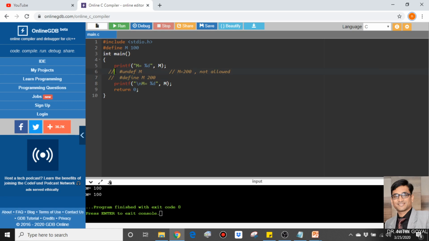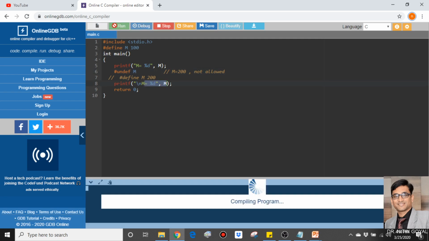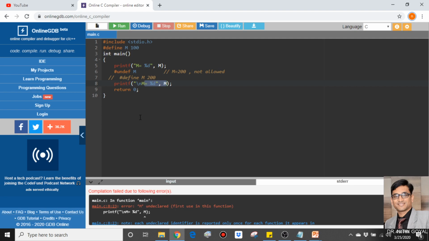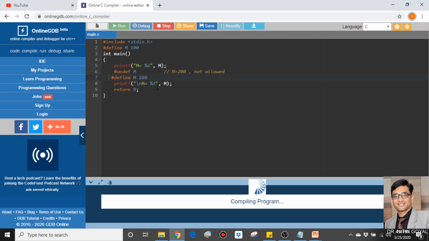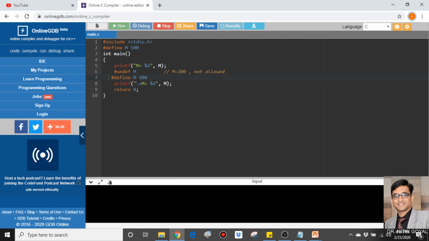So that's why, if it is undefined, in the first case it will be defined as 100, as in header files you can see. Then undef m means the value of 100 is undefined. Now if you want to print its value, then it will show you the error because no value of m is defined. So the solution is to define the value again with any value. Say here we have defined it as 200. So the output will